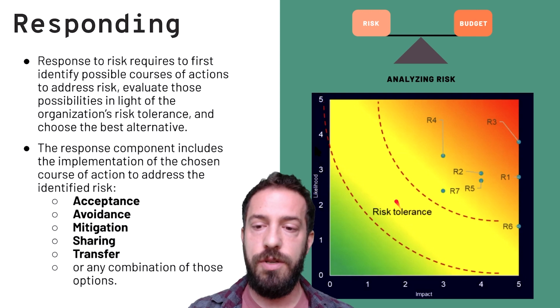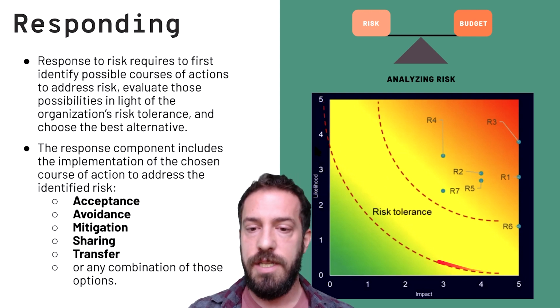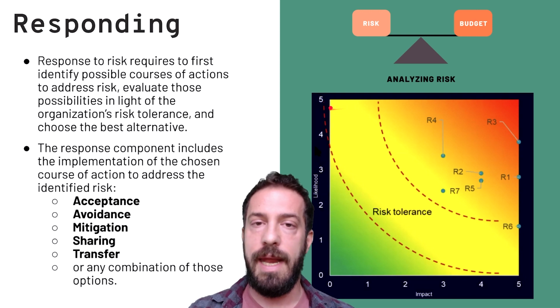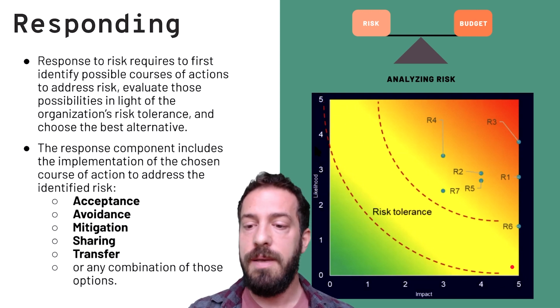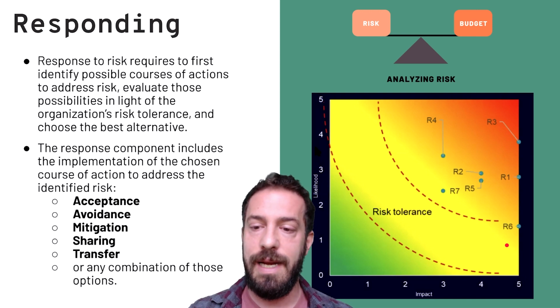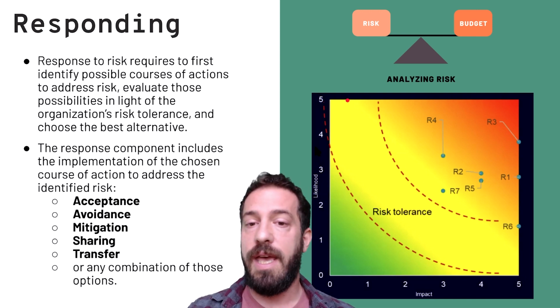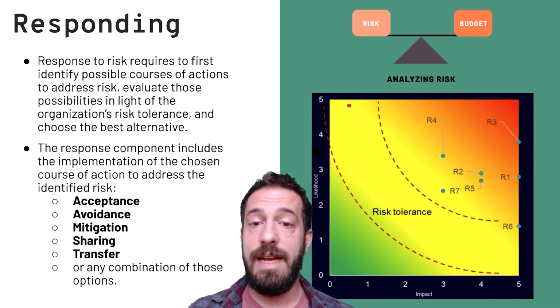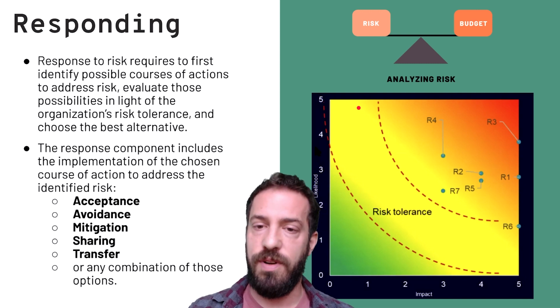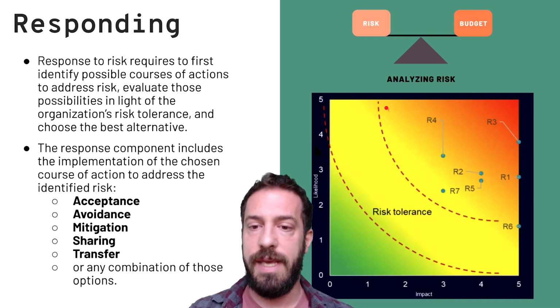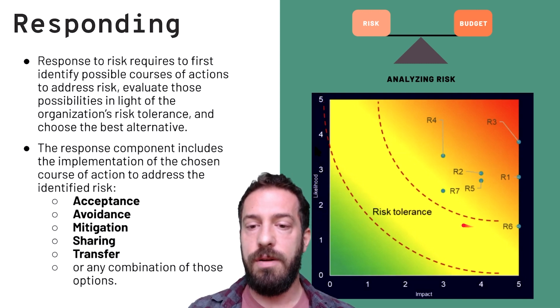But this is in the framing part of the risk management process. You also create your risk tolerance. So you say my risk tolerance is this, so I'm mostly concerned with likely to happen at any impact, or the most impactful but any likelihood of happening. Or you can be at this curve. You can say, okay, I'm okay with impactful events that are not very likely to happen, and I'm okay with very likely to happen, not very impactful events. So your line could be here. So you're creating your risk tolerance